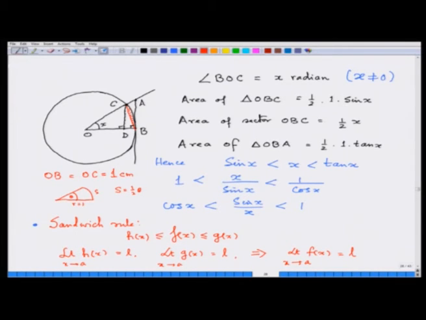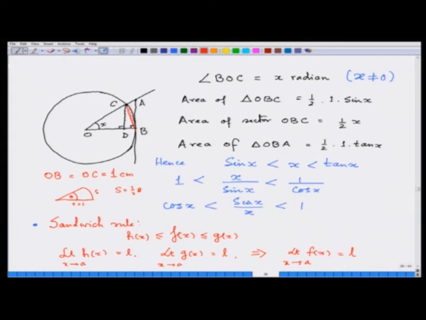Now, all of us know that cos x is a continuous function at 0, because the limit of cos x as x tends to 0 is 1, that you know. So, if you just look at the graph of cos x, you know what I mean. Now, how do I get the fact that the limit of sin x by x as x tends to 0 would also be 1? For this we state here what is called the sandwich